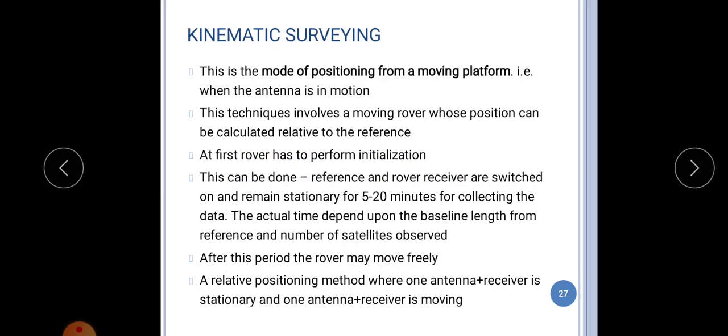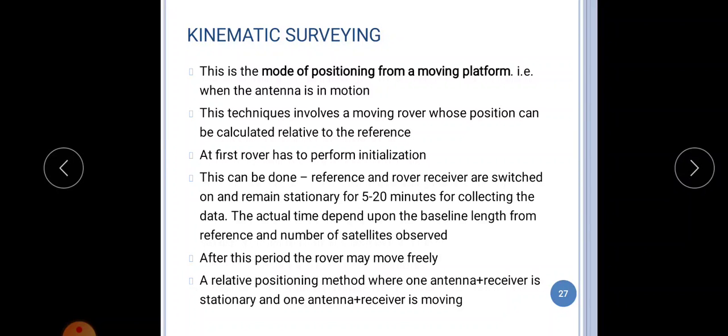So what is meant by reference point and rover? Reference point means the point whose coordinates are known, and rover receiver means the point whose coordinates are unknown. Here in this technique the rover is moving, and its position can be calculated relative to the reference. So there is a difference between kinematic and static methods. In the kinematic surveying method, the mode of positioning is from a moving platform, that is, the antenna will be in